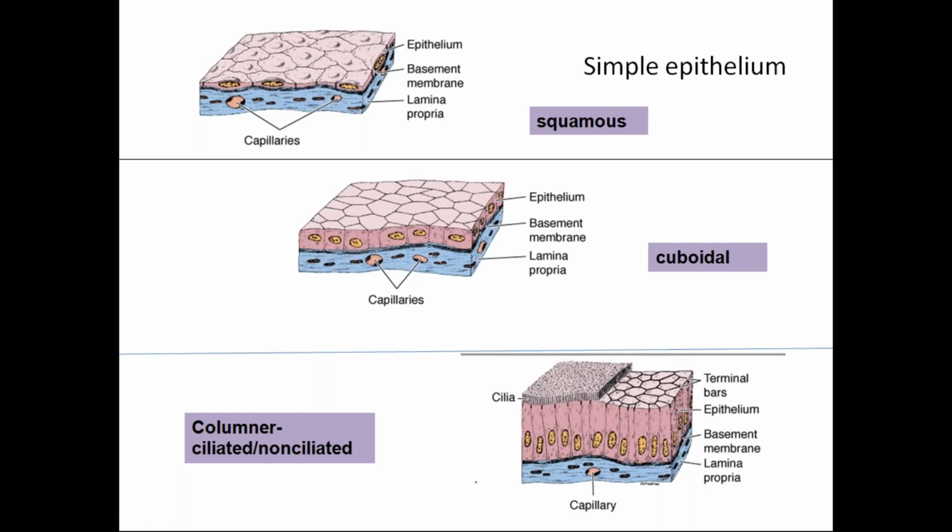Some cells have the capability of secretion and some have beating action. Now cuboidal epithelium: here all cells are cuboidal in shape. This is the apical surface, this is the lateral surface, and this is the basal layer. The basal layer touches the